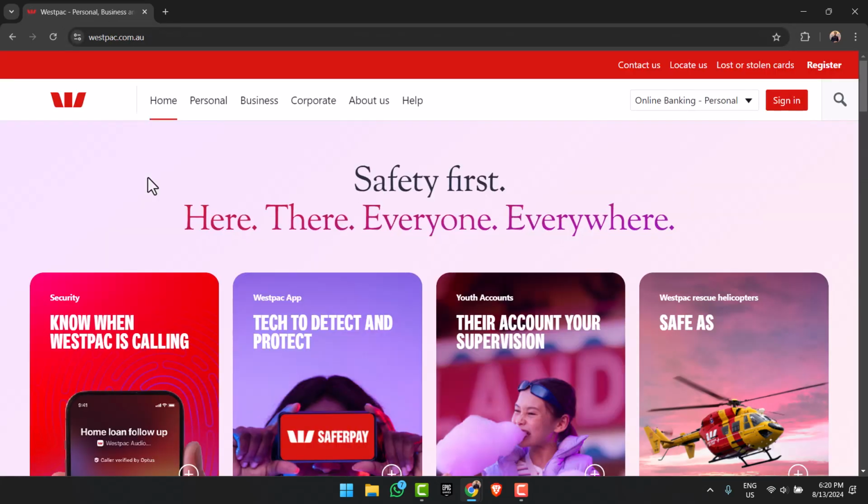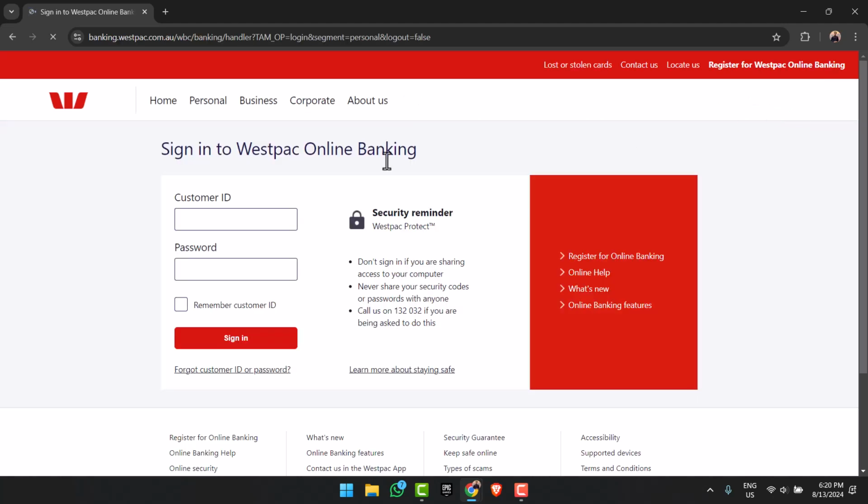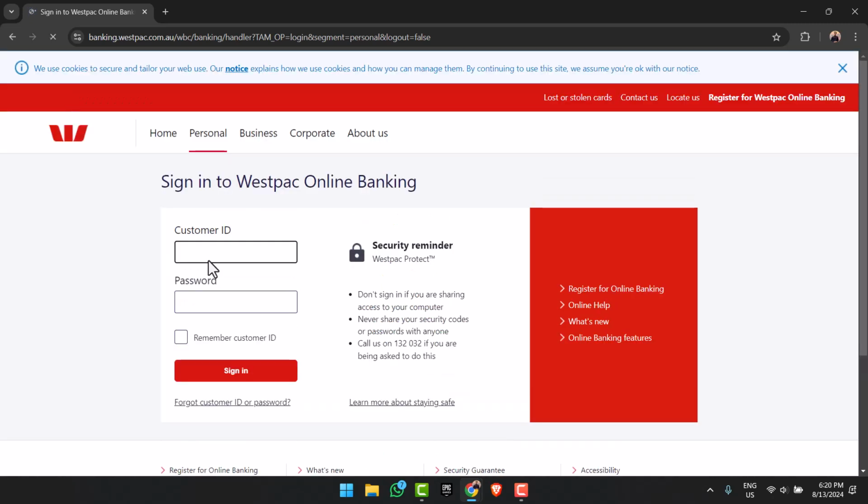Now you will be taken to the official homepage of Westpac Bank, where in order to log in, you'll have to tap on the option sign in on the top right corner of your screen. After that, you will be taken to this page where you'll have to enter your customer ID, your password, and once you tap on the option sign in, you'll have successfully signed in or logged in to your Westpac Bank's